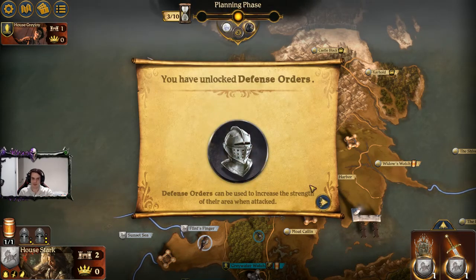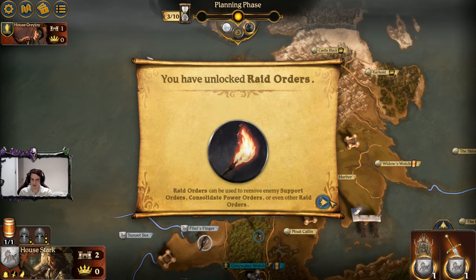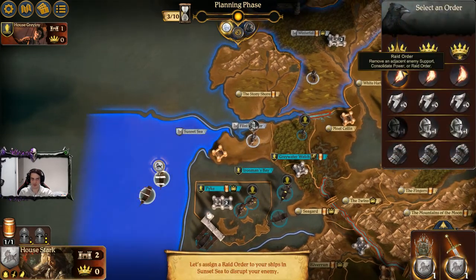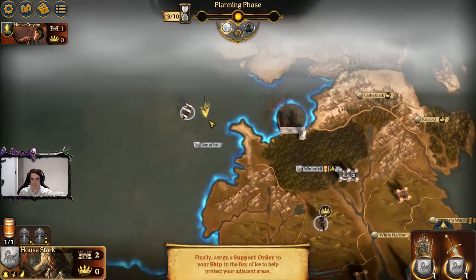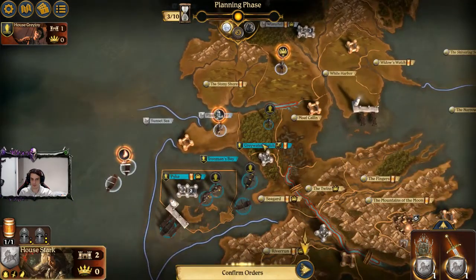So we have the unlock the defense order. There are 5 orders all up. And raid order. Okay. Raids can be used to remove enemy support, consolidate power, or even raid orders. Okay, so he wants me to defend this area. He wants me to raid from here. He wants me to make more troops here. He wants me to support here. Okay. Alright, so it forced me